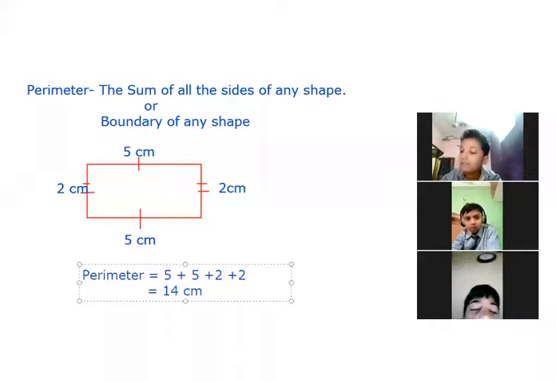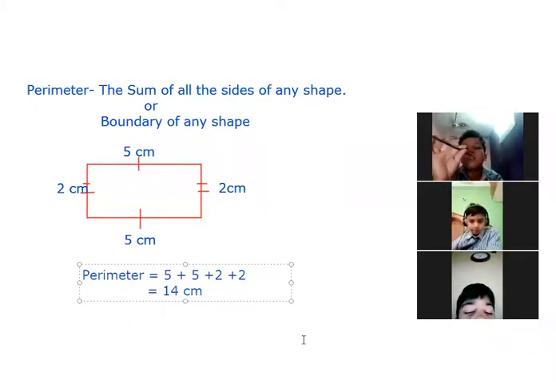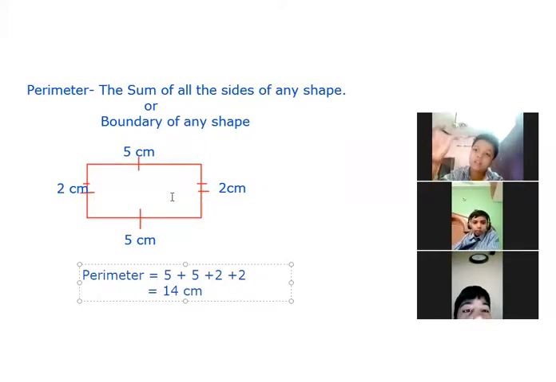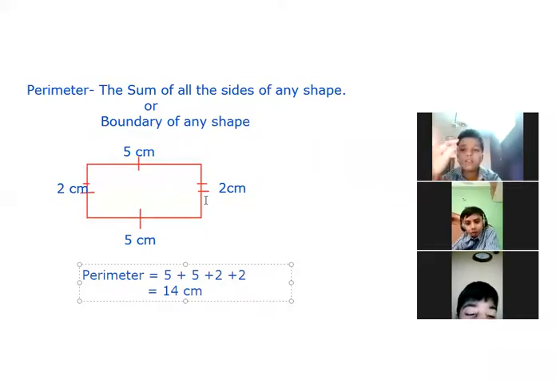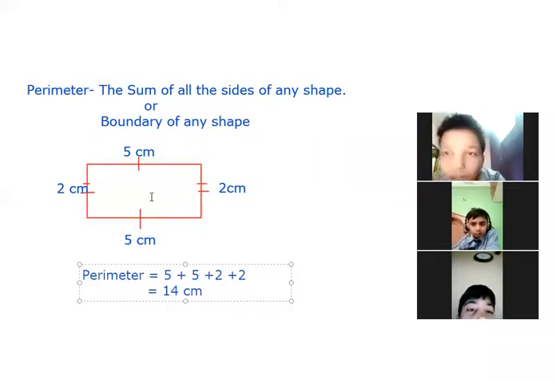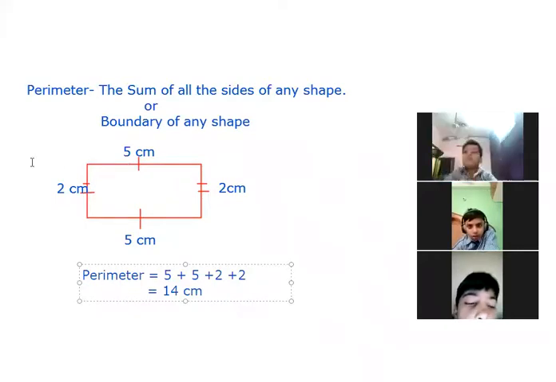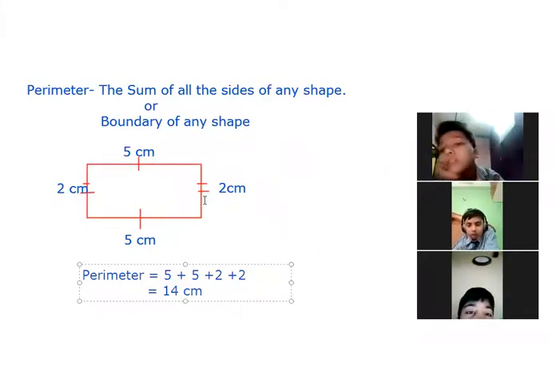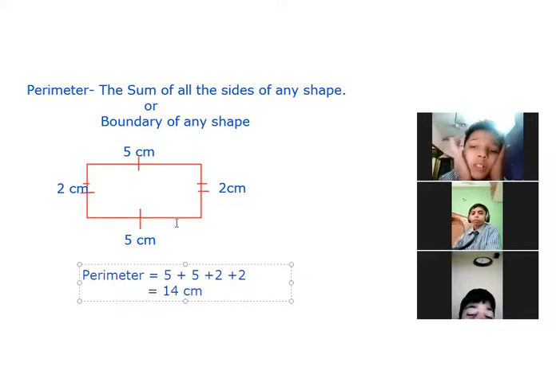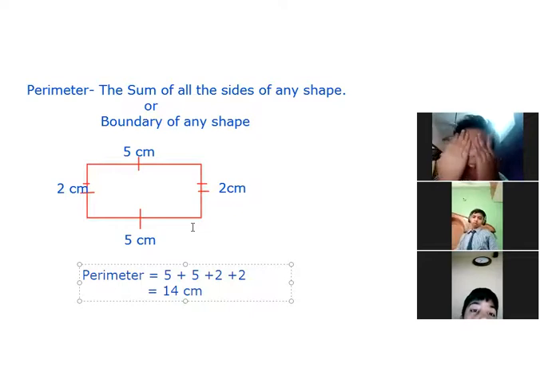Okay ma'am, but ये जो आपने numbers लिखे हैं 5, 5, 2, 2, मैम ये निकालने कहाँ से हैं? Beta, this is already given with the figure. ये figure आपको नजर आ रही है? जी. Yes ma'am. So here we have already given. मैम ने दी है ना आपको? That the length of this side is 5 centimeter. This side is 2 centimeter. This side is 5 centimeter and this one is 2 centimeter. That is already given in the question.